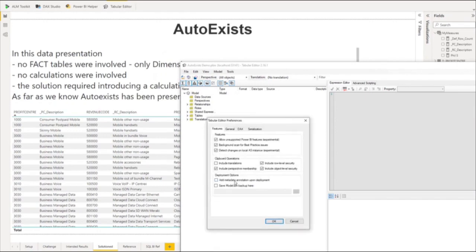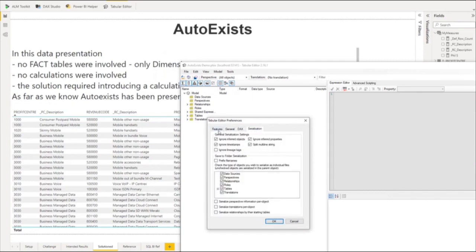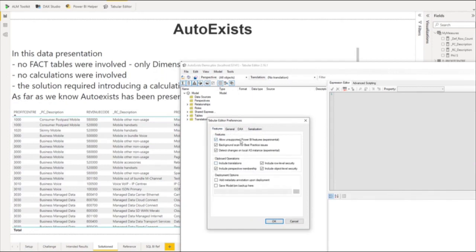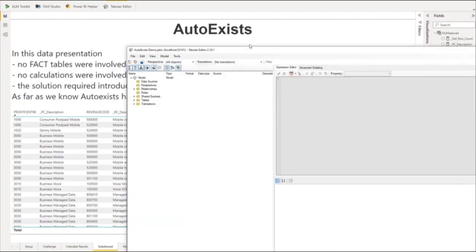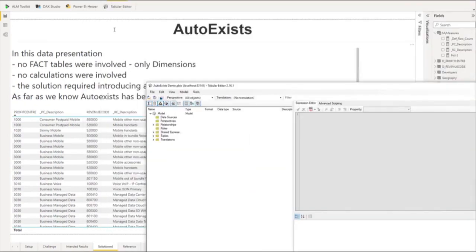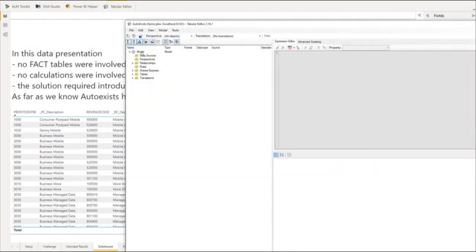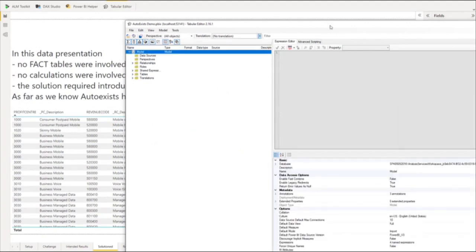And set the default. Now, to do what I'm doing, and I don't remember where it was now, I did have to turn on an advanced feature. Unsupported. I had to turn on this one. So a warning comes up when you open it, which you didn't see as I opened it. So as you saw, I clicked on Tabular Editor. It's gone and launched it for me, and it's connected to the model that is behind this. Nothing to do with the service. It's just the Power BI Desktop model. And when you click on model,